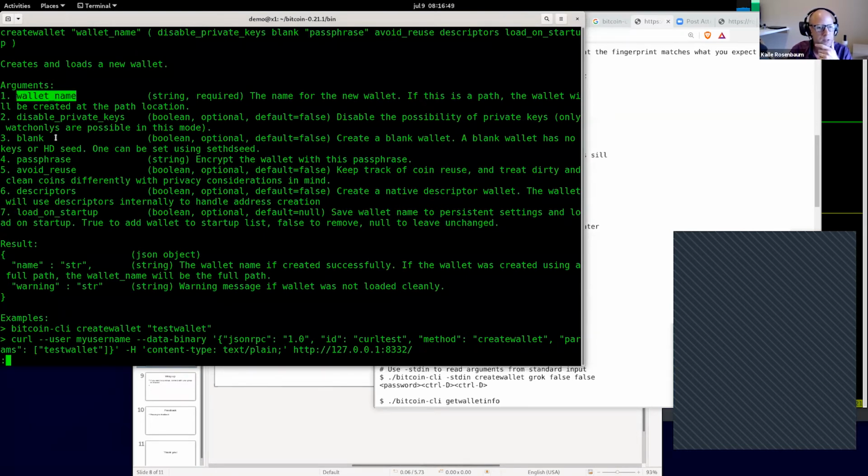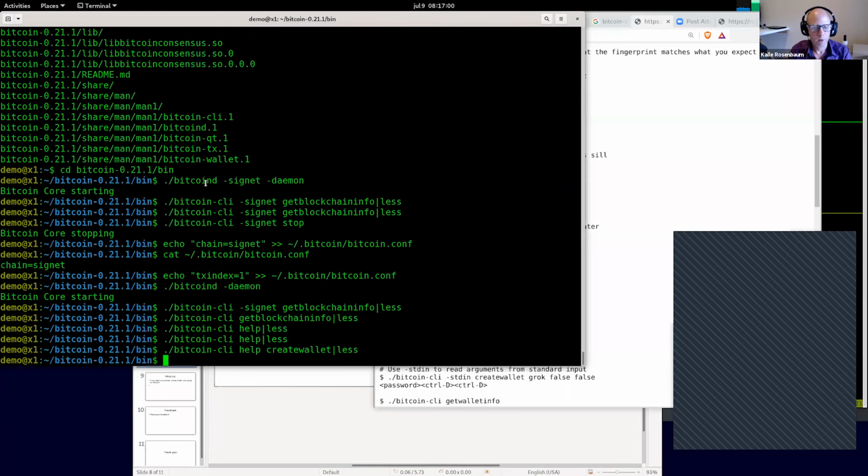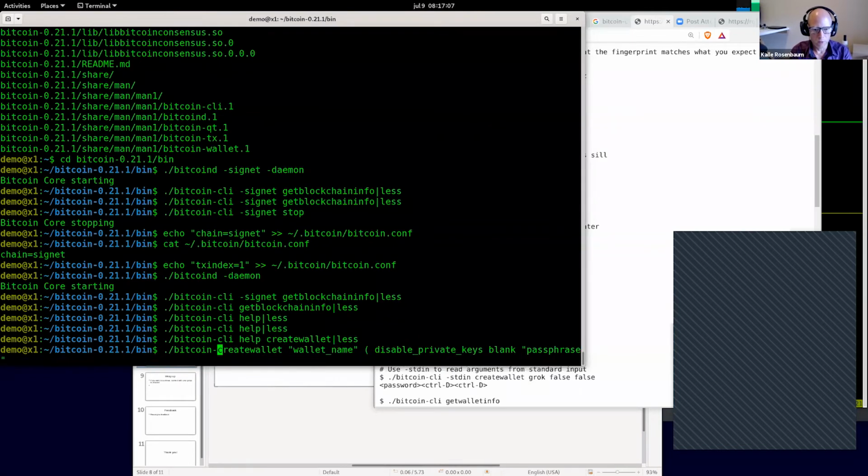So we will use this and this, and it's a bit quirky actually. I'm gonna copy this up until that. So we want to do bitcoin-cli createwallet, and we want to call it Grok, and disable private keys. We want it to be false, and blank should be false. And then we want a passphrase. We could, if we wanted to, write a passphrase here like this, but